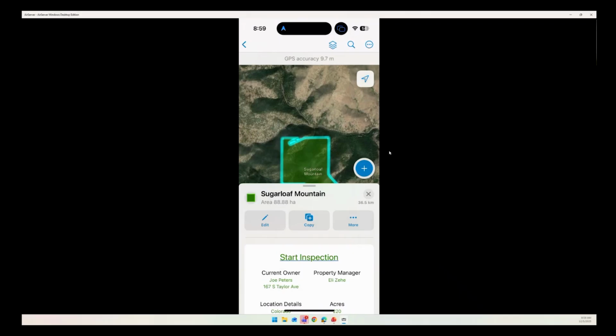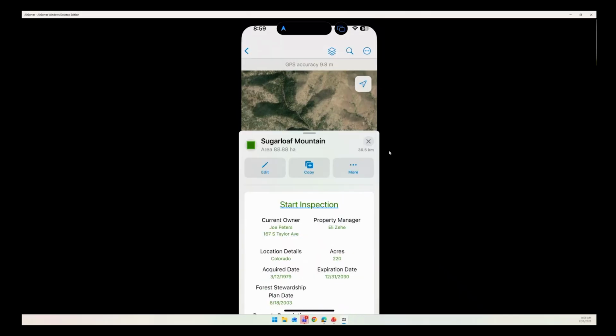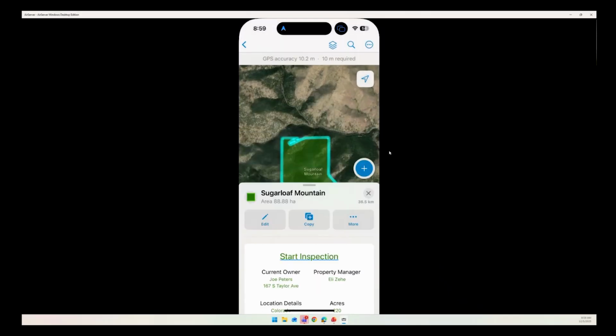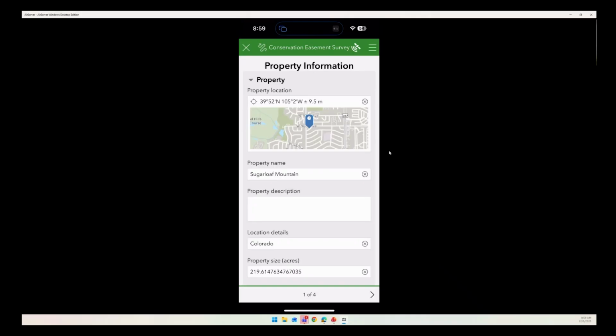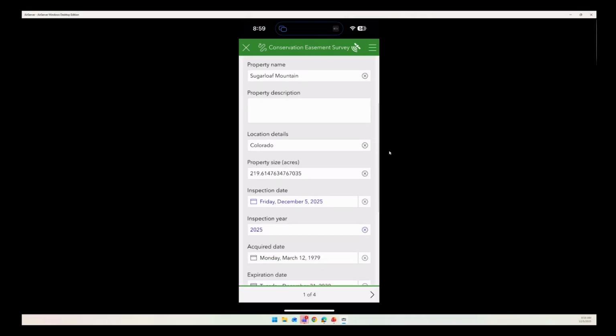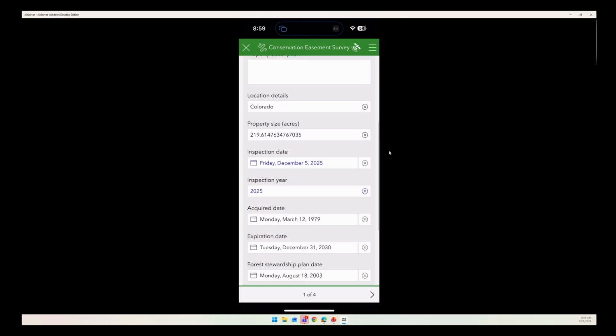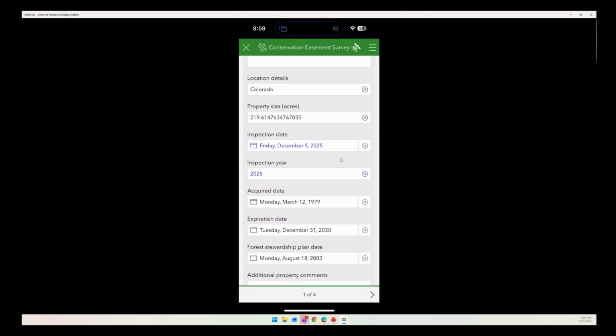So I see the easement in Field Maps. I see any information I need to see about it, but I can click on Start Inspection, and that's actually popping me over to Survey123 and opening a specific form. And it's actually adding certain information that is stored with that easement layer in the map. So it already knows the property size, the acres. It's automatically loading the inspection date being today, but it's also loading other information that's stored with the layer, like